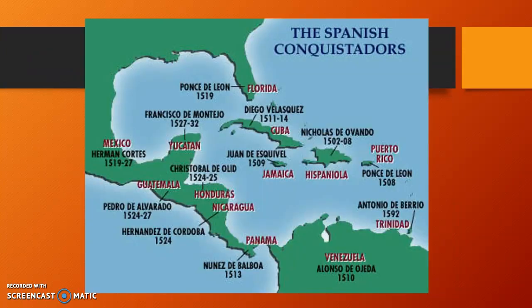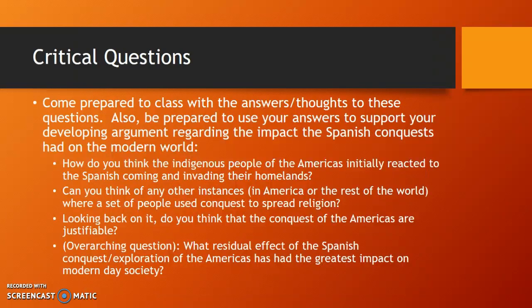So just to finish up the lesson here, I like this map because it shows you all the areas that we just talked about and a few extra areas that I didn't touch on, but it shows you what area goes with which conquistador. So I like it because it just helps you keep the people straight, and I know I only mentioned a few people, but it's still beneficial. So I like that map. So just to finish up here,